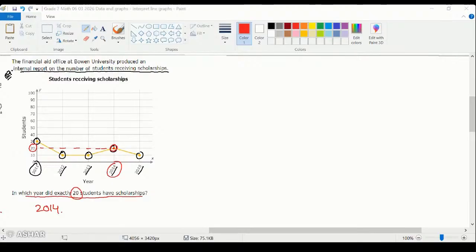In this class, what we are trying to do is just interpret. We are not doing any construction. Creating line graphs would be done later on. Right now, we are just looking at the line graphs and trying to find certain information that has been asked in the questions. Okay. Question number 8 says,